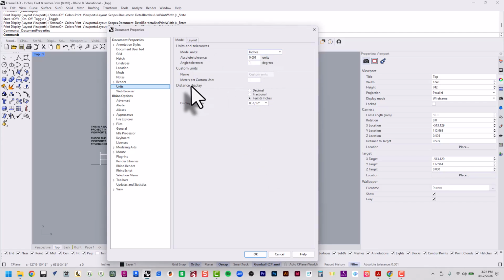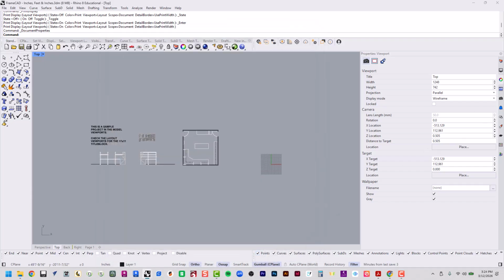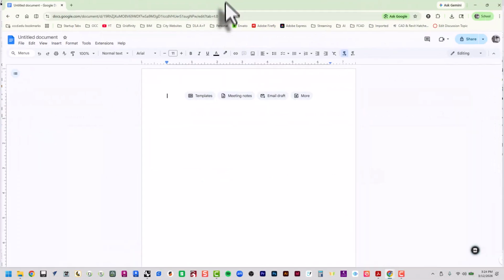The unit display or distance display is in feet and inches, with a display precision of a 32nd of an inch. Because of my high tolerances with FrameCAD, I need to see it up to a 32nd of an inch. But the reason why I have my units set up that way, and I'll bring this up over here just as a simple illustration,